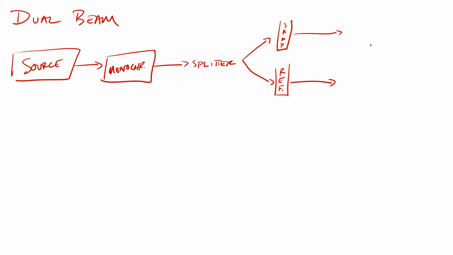And then depending on the instrument, sometimes there's two different detectors. Sometimes they get recombined into the same detector. The one that we will take apart has two detectors, so that's how I'll draw it. And this splitter is not a beam splitter in the sense that 50% of the light goes one way, 50% of the light goes another way. This is what maybe it's more accurately called a beam chopper,